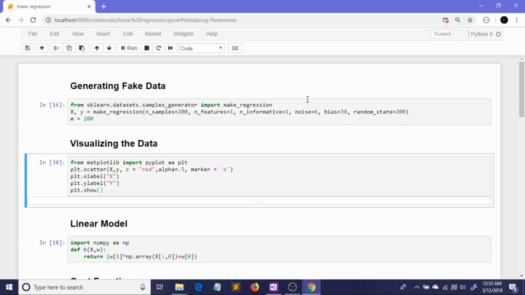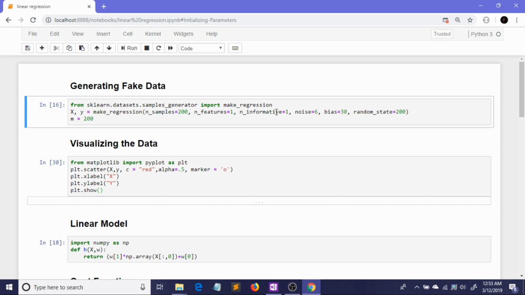This is the code that I have written in a Python notebook that I'm going to explain now. The first thing we need is some data. I am generating the data using a library. Well, I know that I have said I won't be using any libraries. I am not going to use any libraries to